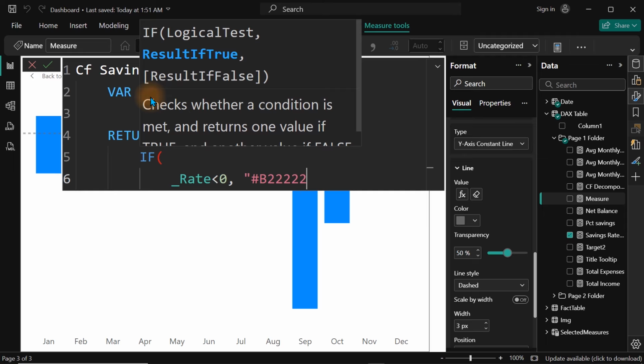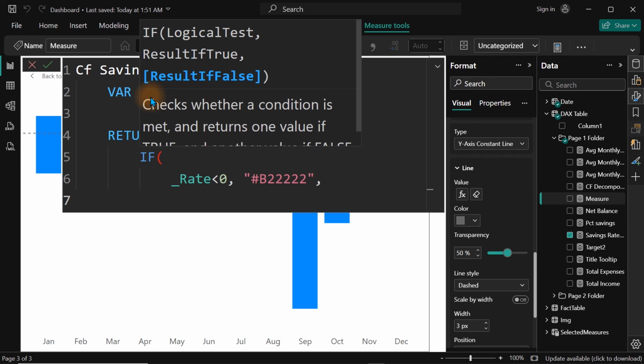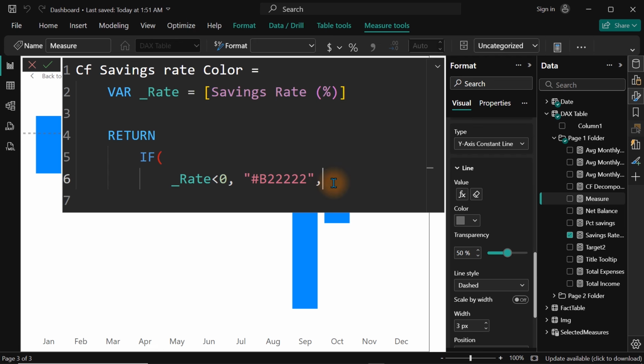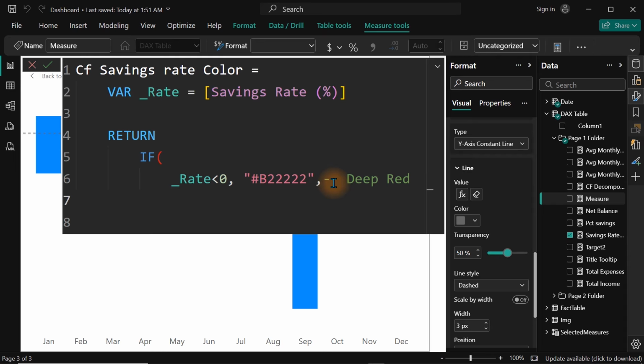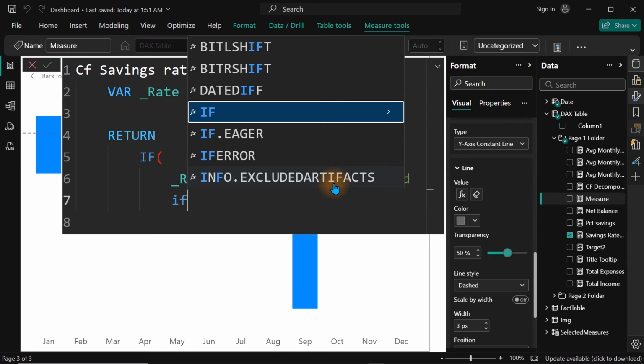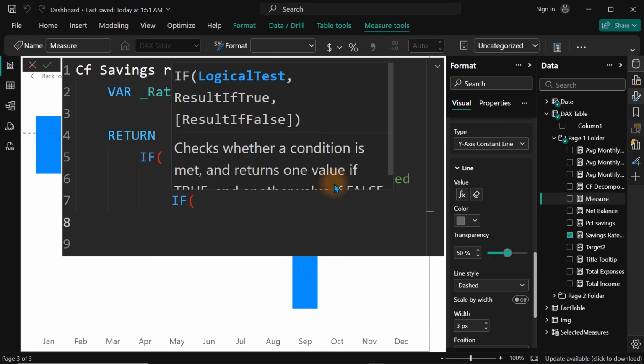Yeah, I think this is it. And put a comma right on it. Then the next one, I always love to leave a comment here to tell what it is: deep red. Okay. The next one now is still going to be under the if function again. So IF underscore rate again, this time around, if it is less than